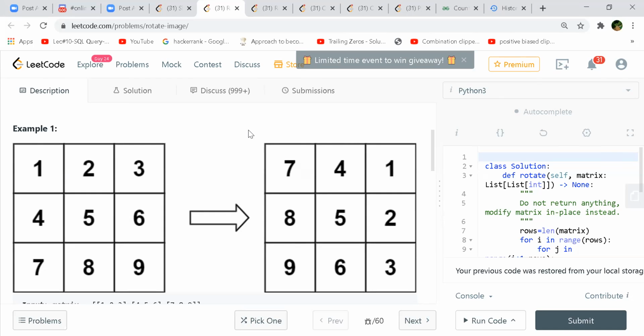With pointers. You keep copying the values into cells. So, for example, 7 and 1. You temporarily save 1, copy that 7 into the one cell, and then take that temporary number 1 and copy it into 3. So you keep taking the corners, and then similarly you do that for the middle elements. So layer by layer you do it.